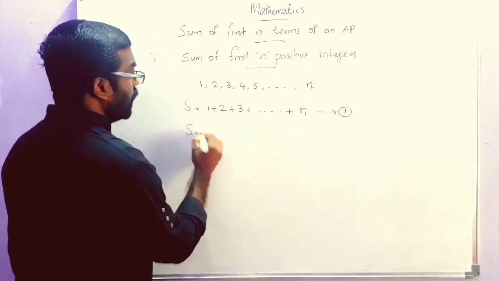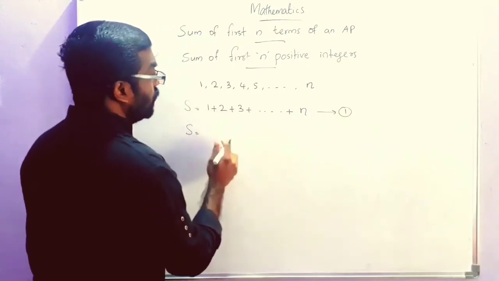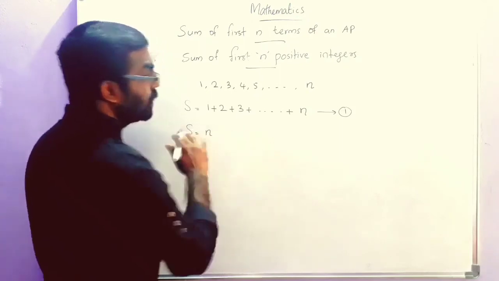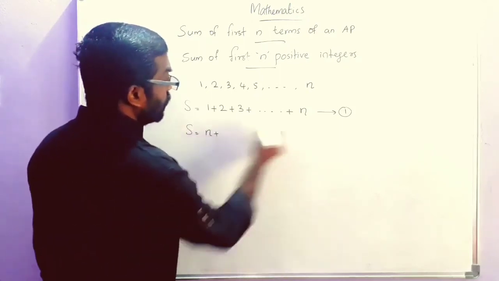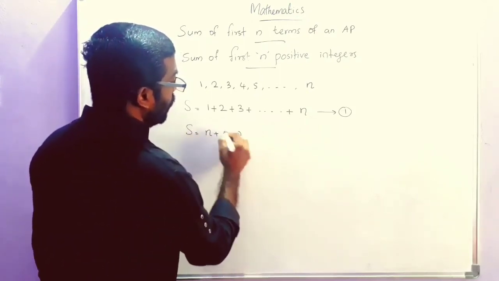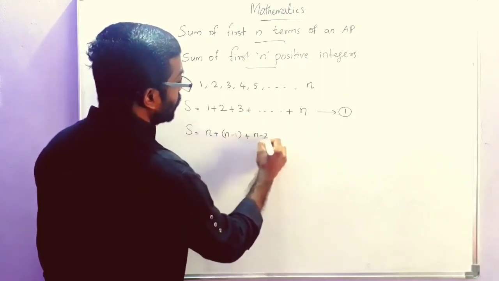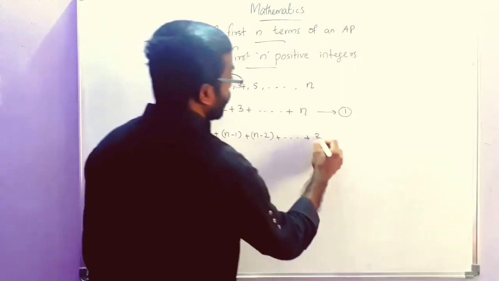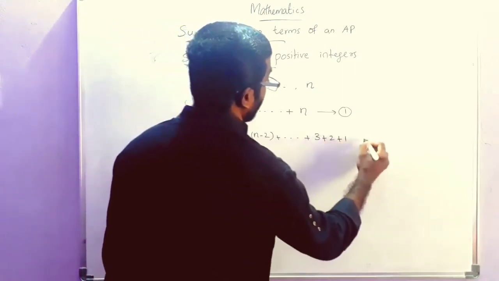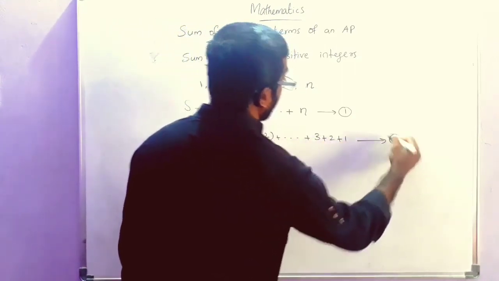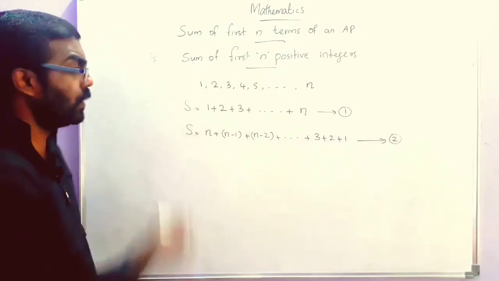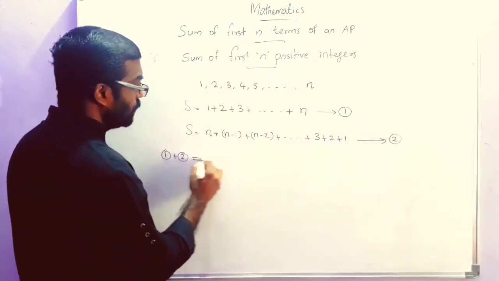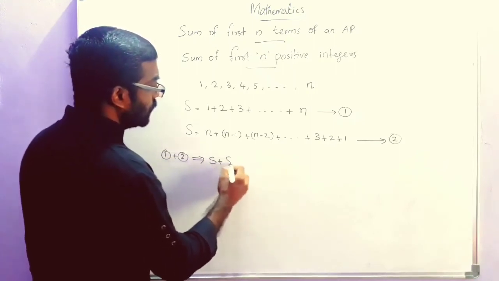And again S is equal to, we can rewrite the terms. Write the last term first. Write it in the reverse order. So n, the previous term is n minus 1 and the previous term is n minus 2, then plus etc. plus 3 plus 2 plus 1. Take it as equation number 2. Now we can find the sum. That is, equation 1 plus 2 implies S plus S is equal to,